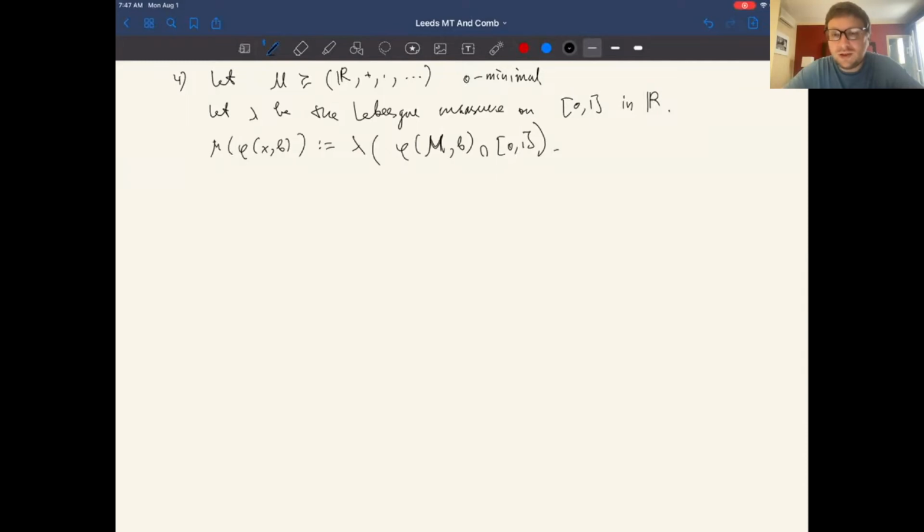And by o-minimality, this definition makes sense. This is a small exercise to verify. By o-minimality, every definable set is just a union of intervals and points, so of course it's Borel in particular, and it makes sense to take this measure. It's a Lebesgue measurable set. This way, we define a Keisler measure on the definable subsets. And normalizing on the interval is what ensures that we get a probability measure in the result. So this is another example.